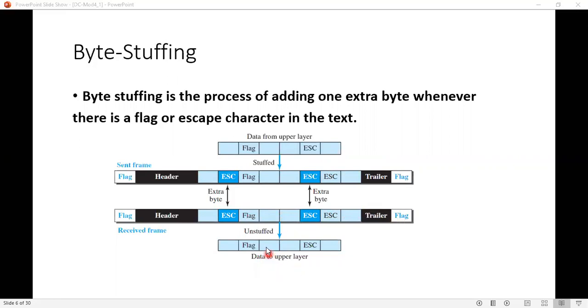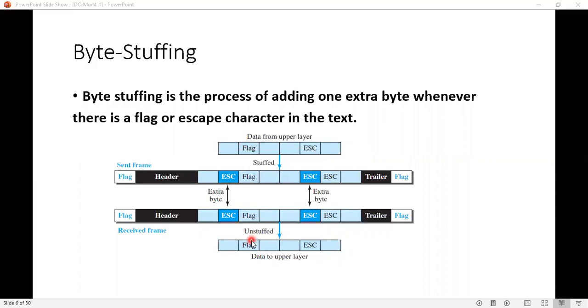Now this is the stuffed frame at the sender, and this is the stuffed frame at the receiver. Initially you have unstuffed data.